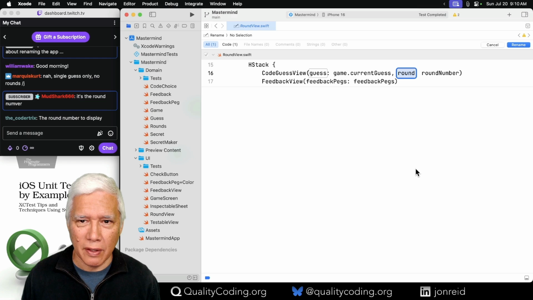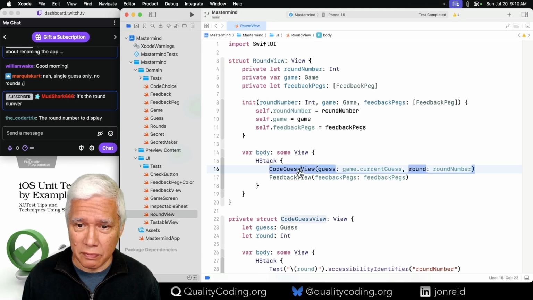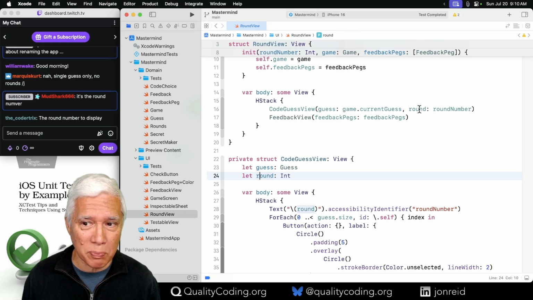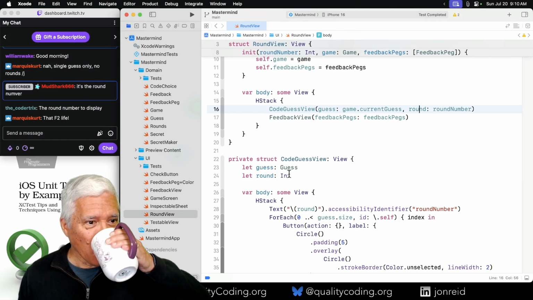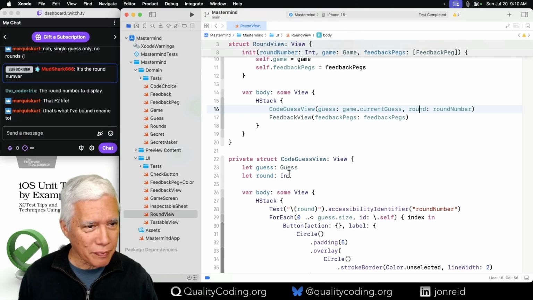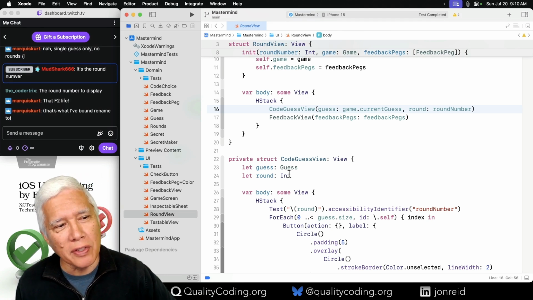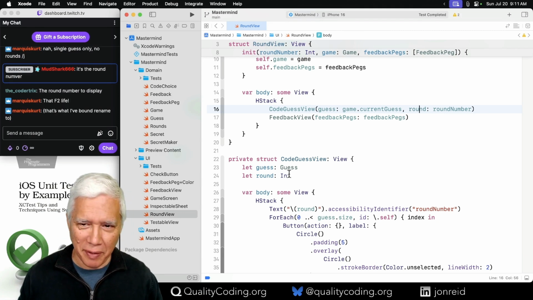Rename. It didn't? Let's go here. Ah, that's why it didn't rename. There's no explicit initializer. Oh, nice. So Marcus uses F2 for rename.